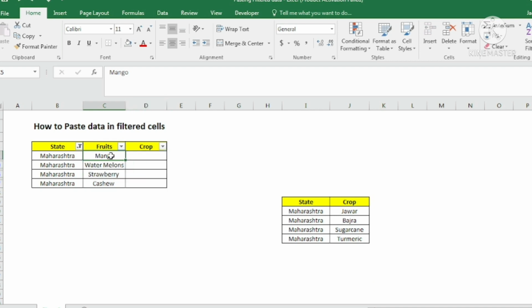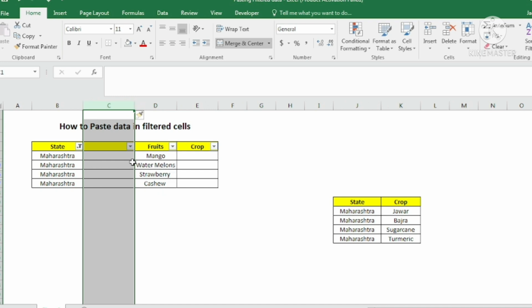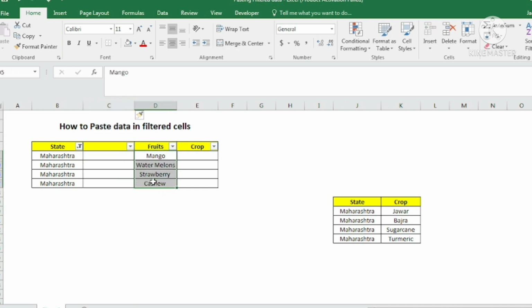And what if the data that I want to paste falls on the left hand side? For example, if I add one column on this side, and I want to copy this data and paste it in these cells, which are on the left hand side of the data. We don't have any shortcut like Control L to copy and paste from right to left. So there is another method.